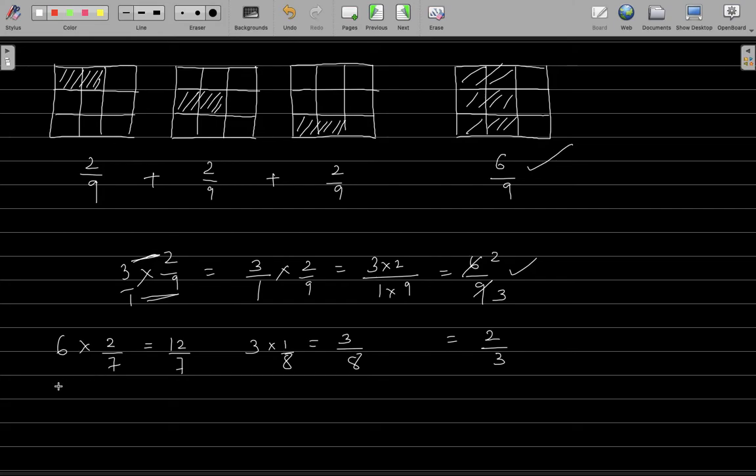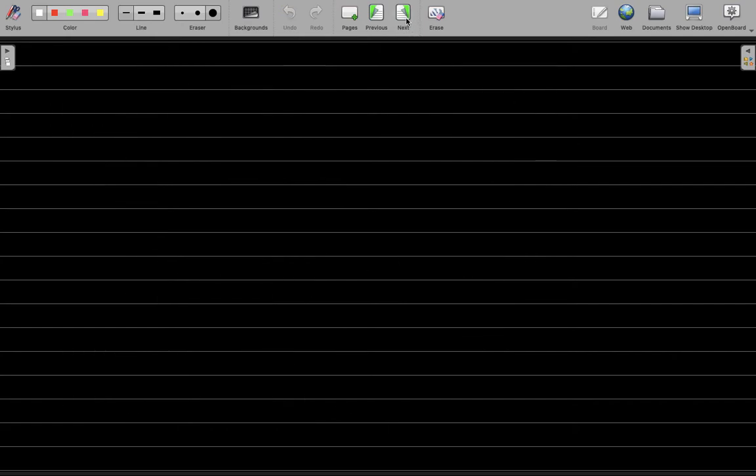Suppose I give you one improper fraction, like say I want you to multiply 3 with 8 by 7, right? What should this give you? Multiply the numerators. 3 times 8 is 24. Keep the denominator as it is, or what I mean to say is multiply it by 1, that will give you the same number, which is 24 by 7. Or suppose if I give you say 4 times 7 by 5, what should this give you? 4 times 7 is 28. This should give you 28 by 5. So multiplication of fractions is quite simple, just multiply the numerators and multiply the denominators to get your new fraction, right?